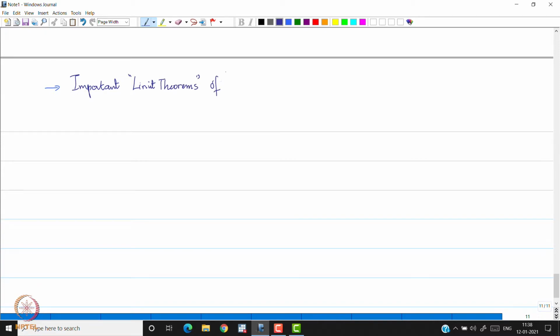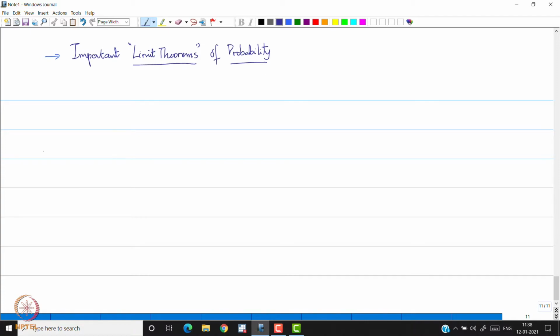There are many of them, but we will look at a couple of very important limit theorems. One of them I will prove because it is very easy, that is the weak law of large numbers, which is what we will take up